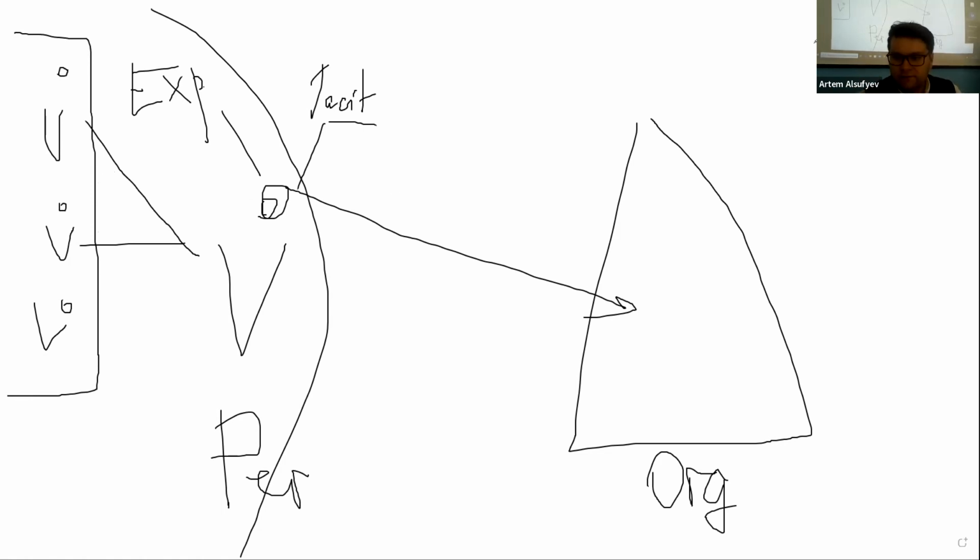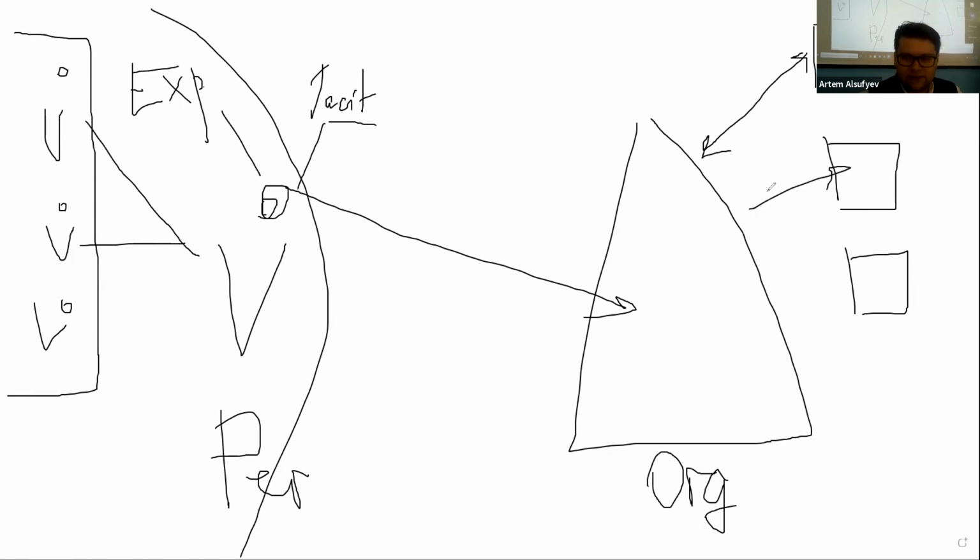And we have other organizations, let's say not triangles, but squares over here. Their knowledge is going to be external with regard to this particular organization, right? And in this regard,